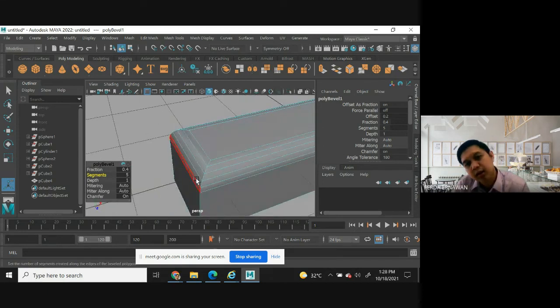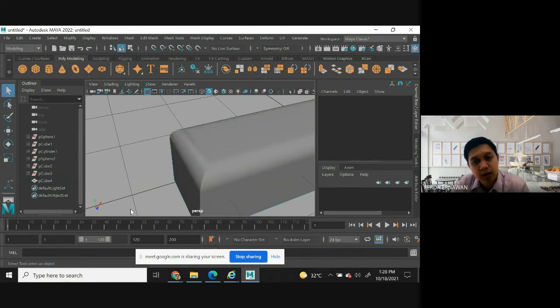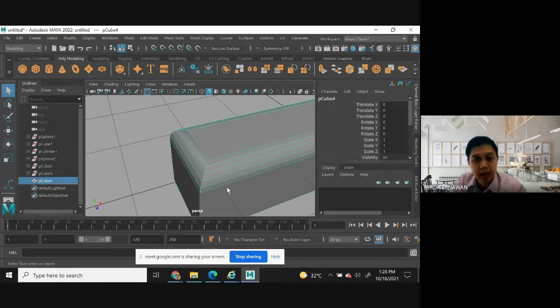Can you see? If you want to see the whole, right click, object mode. This is the output, the object that we want to obtain. Very smooth shape, especially in the edge of the object.